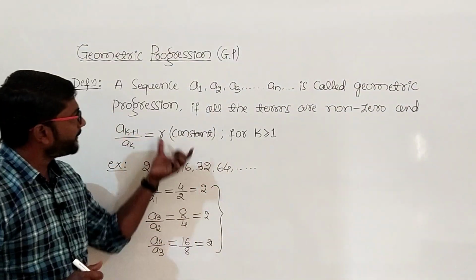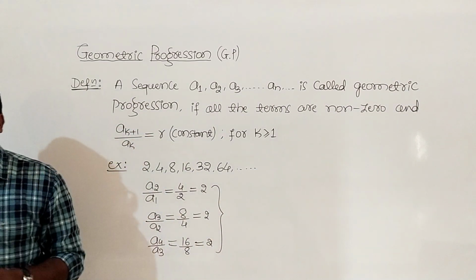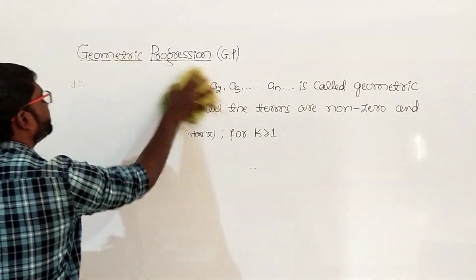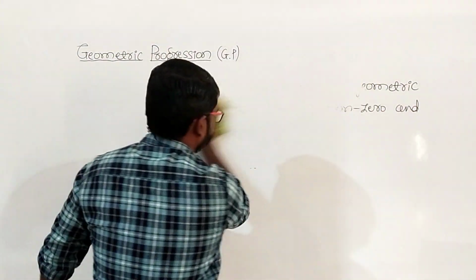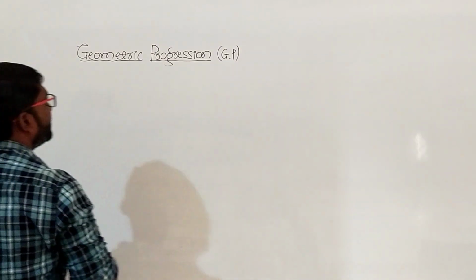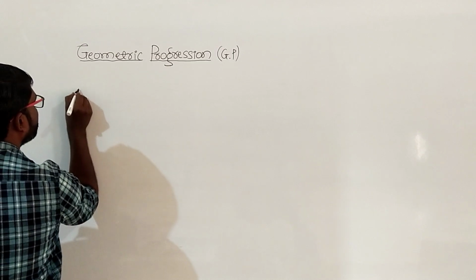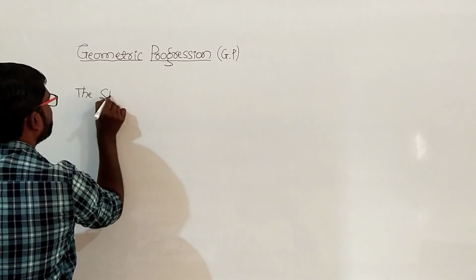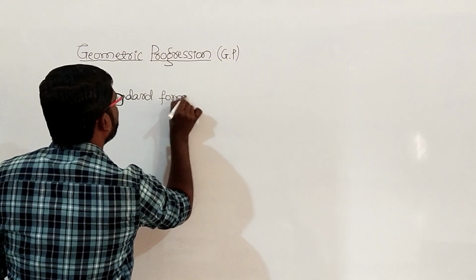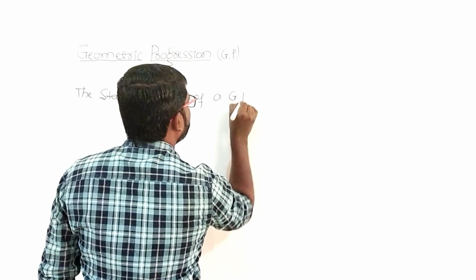So this is all about the definition of the geometric progression, and then we'll discuss about the standard form of a GP. Well, we'll write the standard form now. The standard form of a GP is,